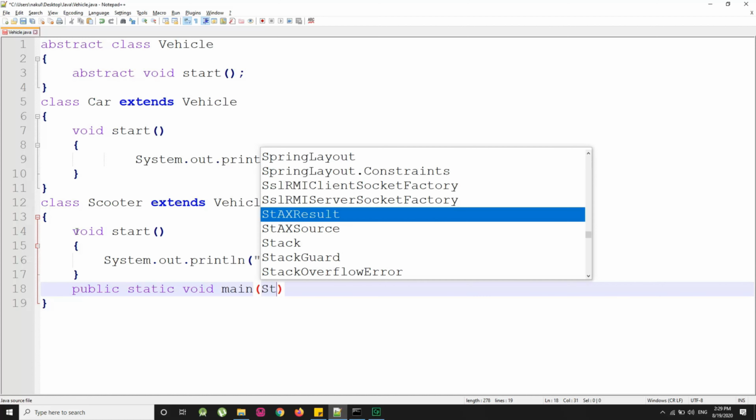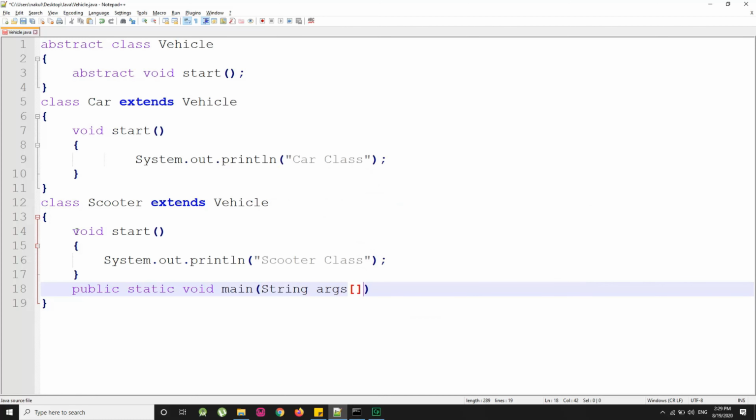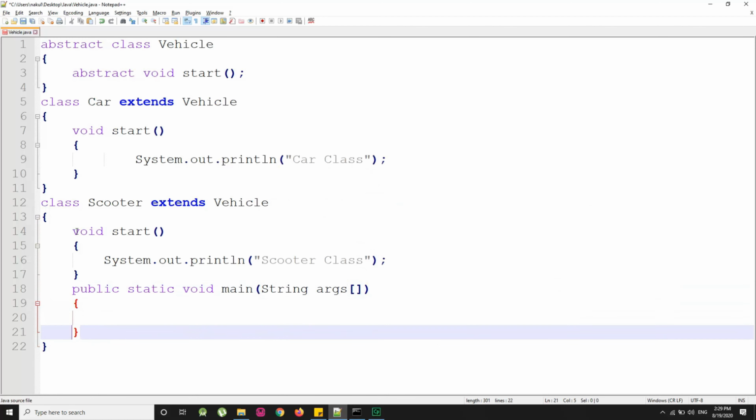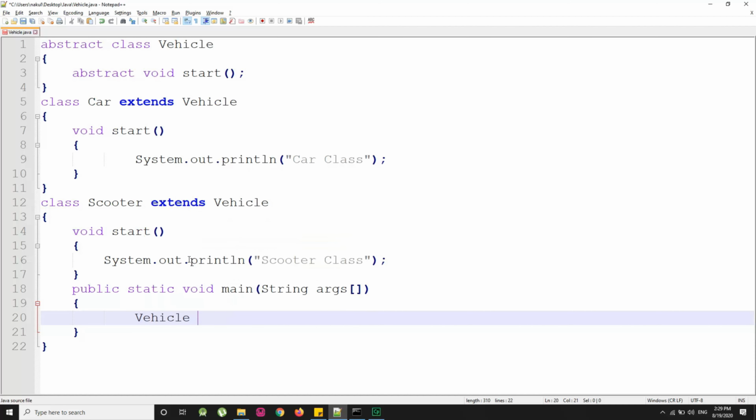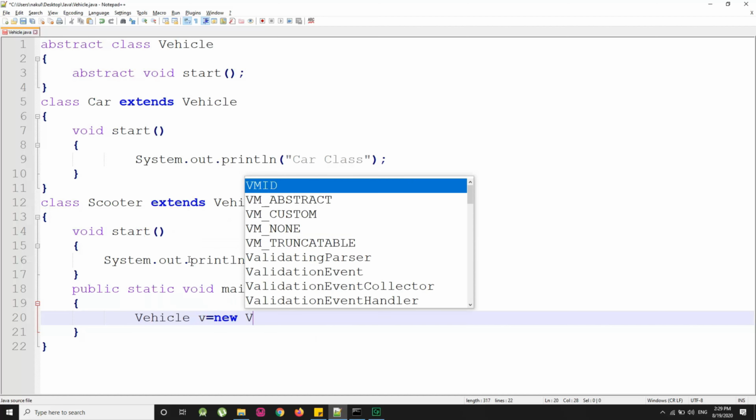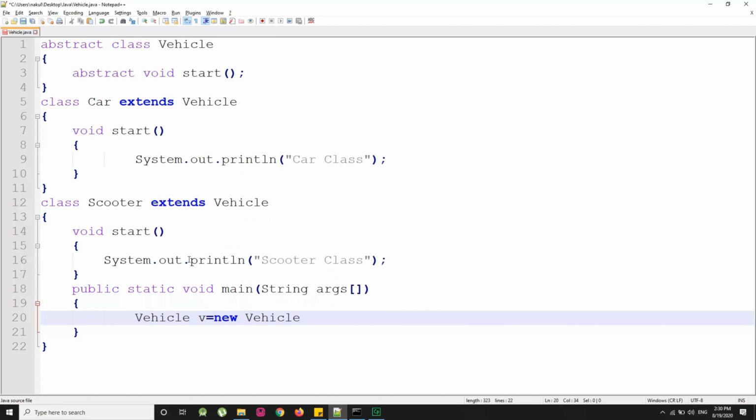Now I am going to declare an object of this particular abstract class, that is the Vehicle class, and check whether our program gets successfully compiled or not. So we have Vehicle v equals new Vehicle, with brackets open and close.